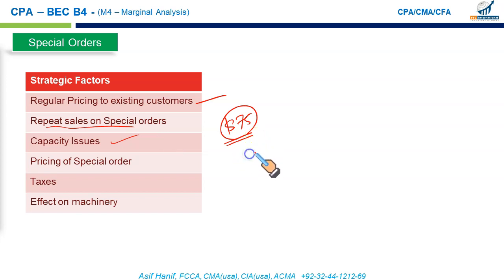So we will know that our minimum price in case of excess capacity is 50, and the maximum price we are currently selling at is 150. So you can strike a deal between these two numbers. This is the absolute minimum, this is the maximum you will charge, the maximum the customer will pay depending upon the current market price. So you can strike a deal somewhere in between.